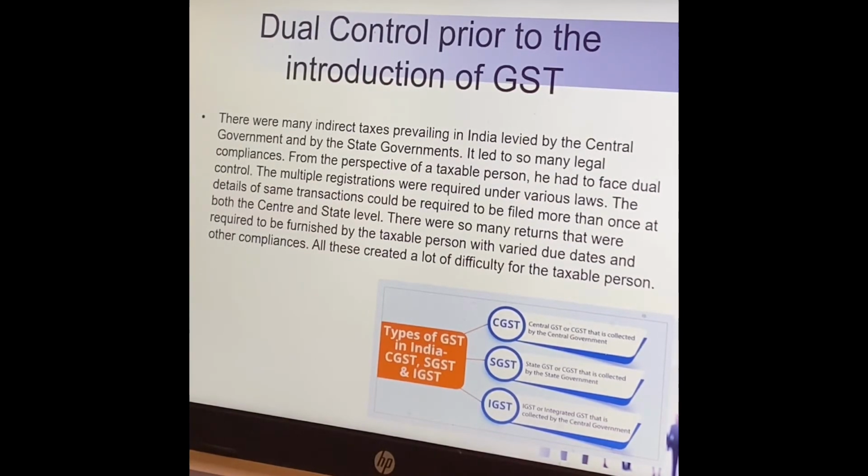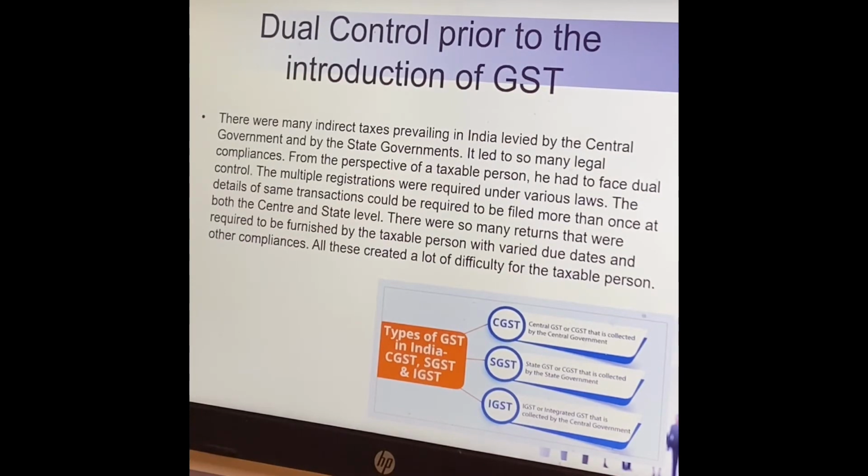From the perspective of a taxable person, he had to face dual control. Multiple registrations were required under various laws. So this is before implementation of GST. The details of the same transactions could be required to be filed more than once at both the center and state level. There were so many returns that were required to be furnished by the taxable person with varied due dates and other compliances. All this created a lot